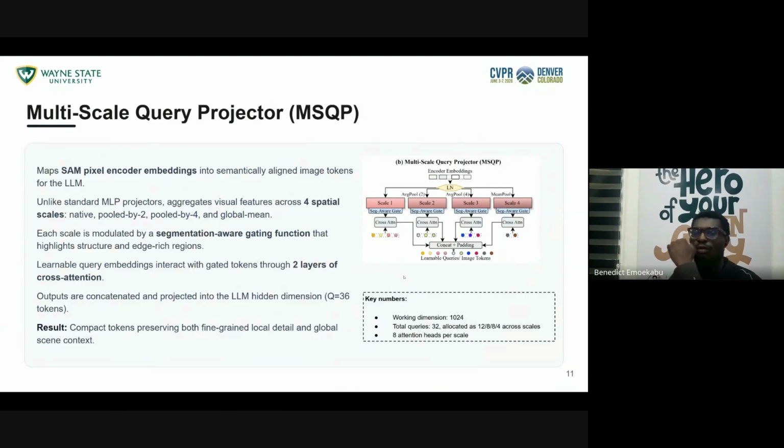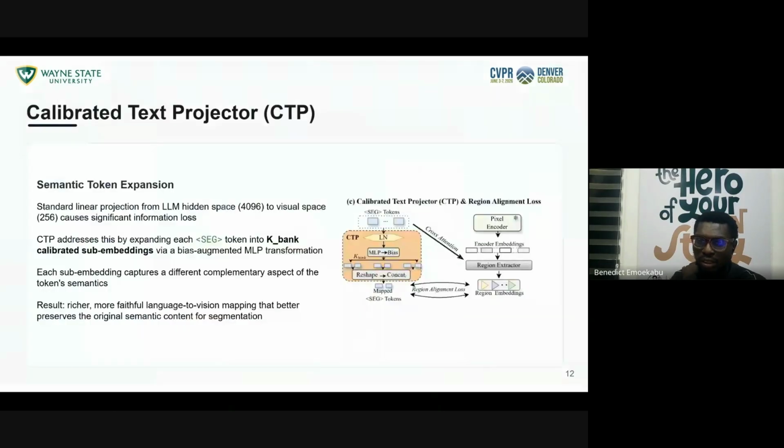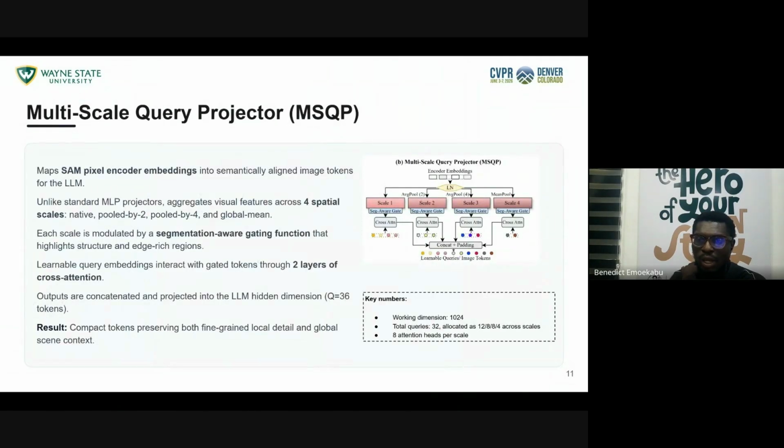I just have one question really. For the MSQP component, we actually split the encoder embeddings into four scales. We try to process it at four different scales. I am aware from the paper and also from your explanation here that you make use of a segmentation aware gating function to modulate your embeddings at the different scales. But I don't really know if you can help us with a bit of